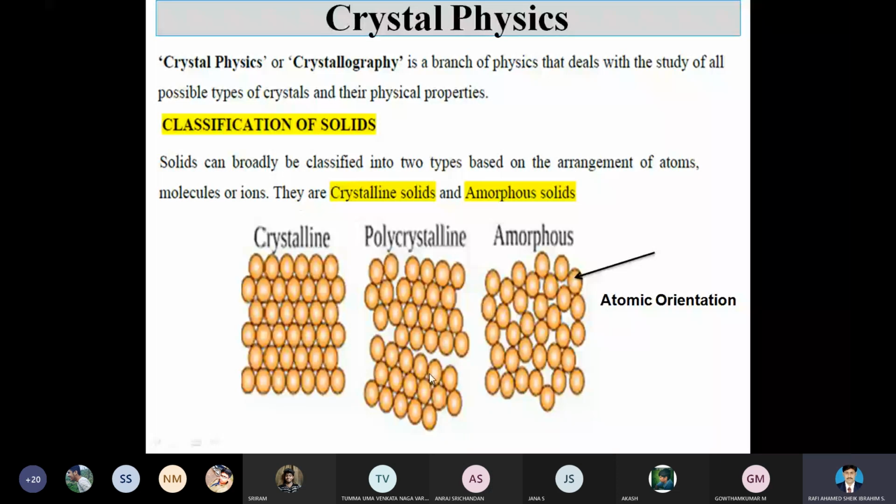So here we are having three different layers, but in these three different layers, the atoms are oriented in a regularized manner. The atoms are not oriented in an irregular way. The atoms are oriented in the regularized way. So these only we are going to study in our unit. So we are going to consider a crystalline material, and we are going to study how the atoms are oriented, and how much vacant space is there, and how many atoms are occupied in the structure.